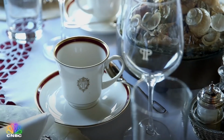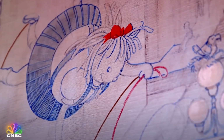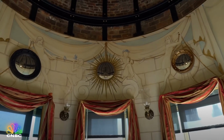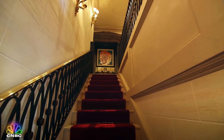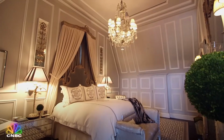Tommy dedicated the family's tea room to one of the Plaza Hotel's most famous residents, Eloise, from the famed children's book Eloise at the Plaza. He even commissioned the book's illustrator to hand paint the walls. But Tommy says his favorite part of this palatial penthouse is up 1 level, past his king-size bed with monogram